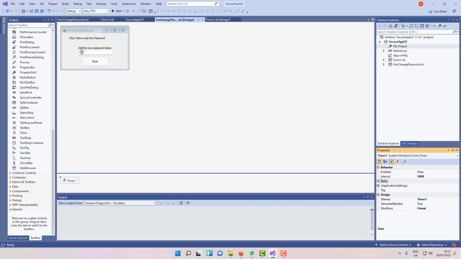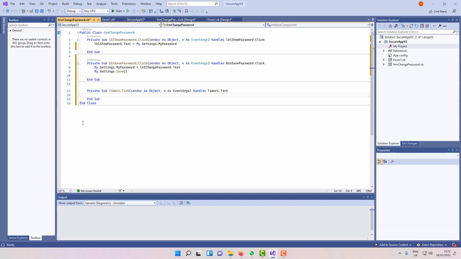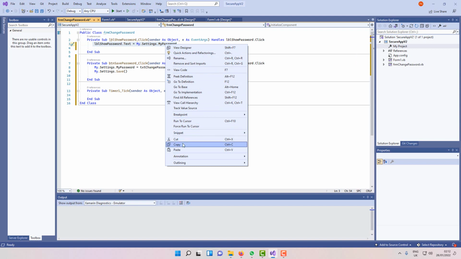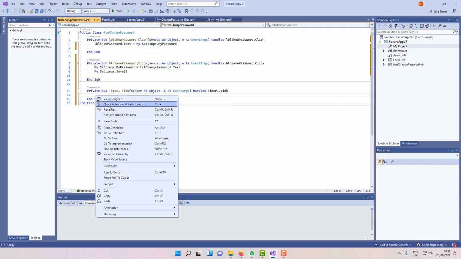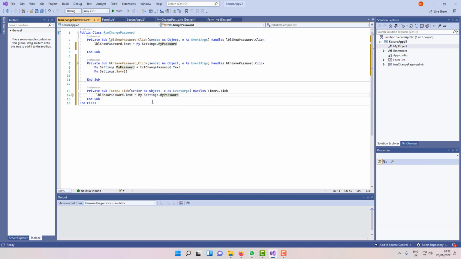So now let's double click here on the timer. And what we need to put here, instead of actually showing the actual password, let's copy that. Let's paste it there. 5 seconds later, we want to show,